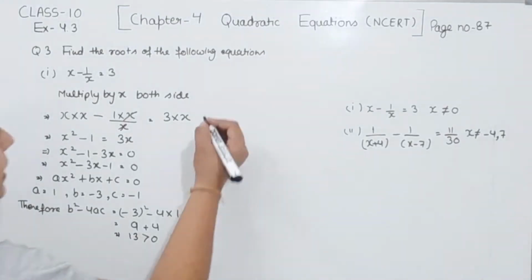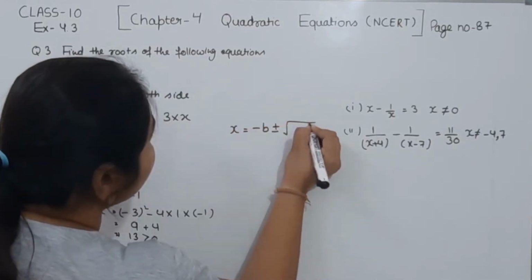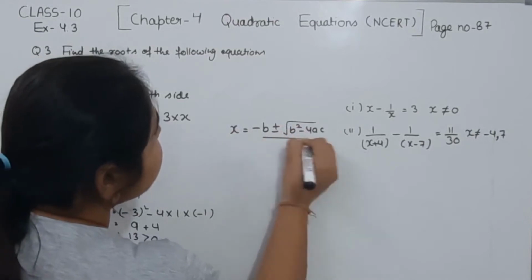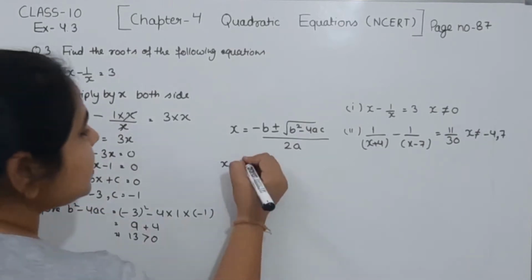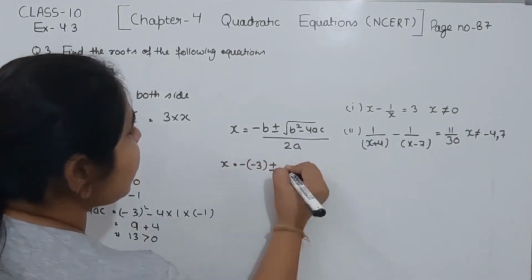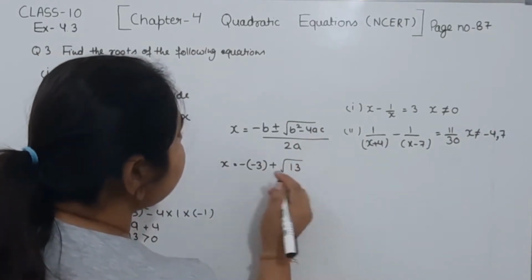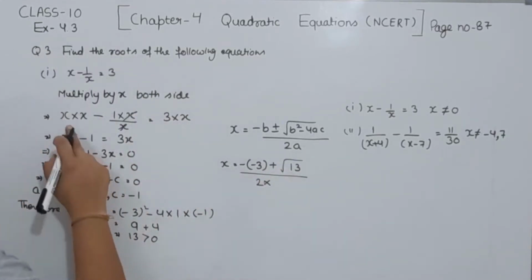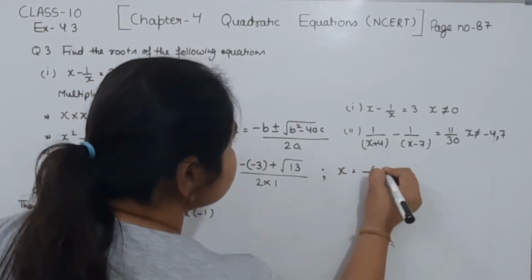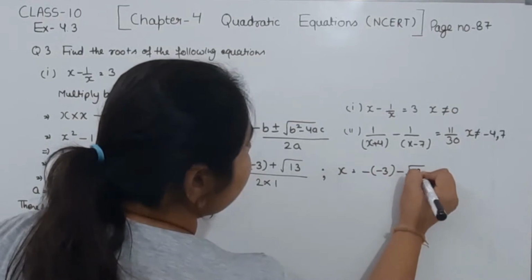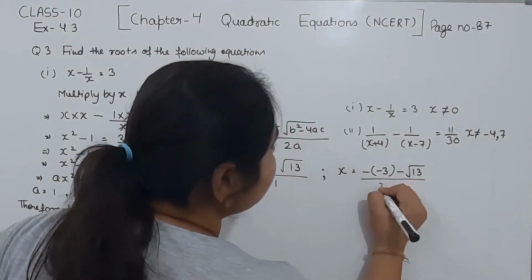Now we are going to write the value of x. So here is the value of x, we will have minus b plus minus root b square minus 4ac divided by 2a. So first of all we are going to write the first one. So b we are having is minus 3, plus root of b square minus 4ac, we are having 13. So this is the root 13 divided by 2 multiplied by a, we are having is 1. Now comes to the next one. This one we are having x is equal to minus b minus square root b square minus 4ac, and this one we are having is 13. So this is the root 13 divided by 2 multiplied by a.